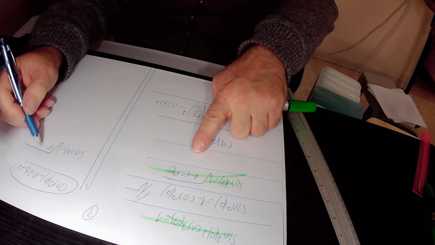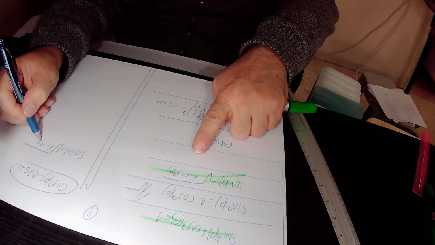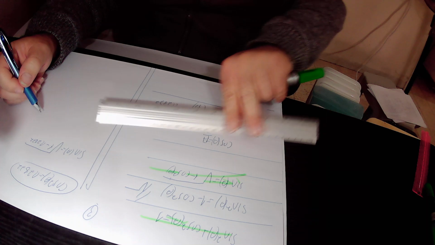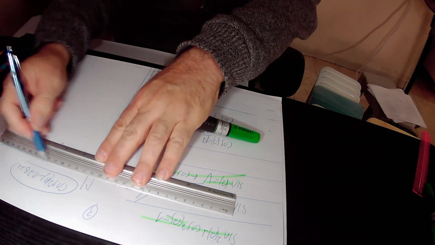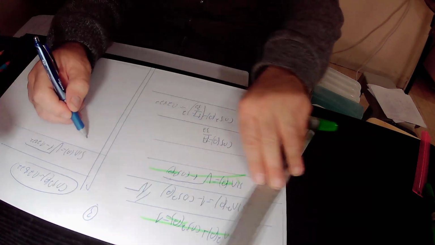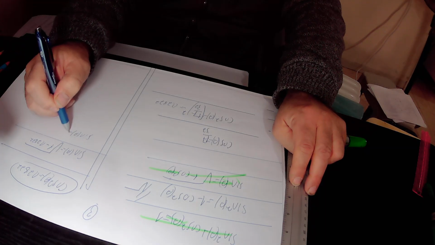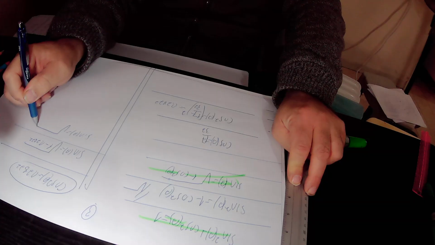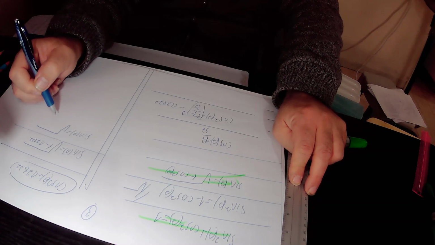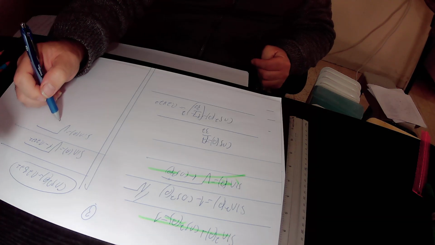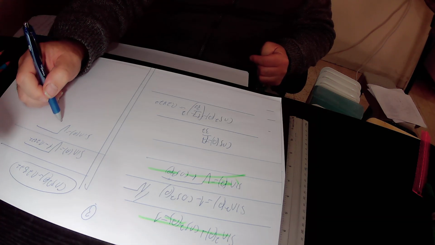Cosine square theta equals 0.2822. In total, we found out that sine theta equals the square root of 1 minus 0.822, 1 minus 0.822 equals